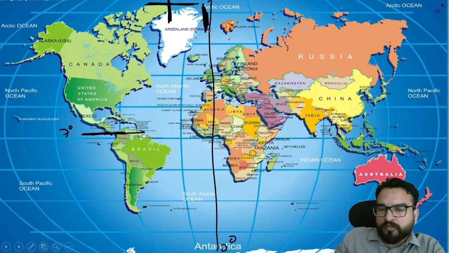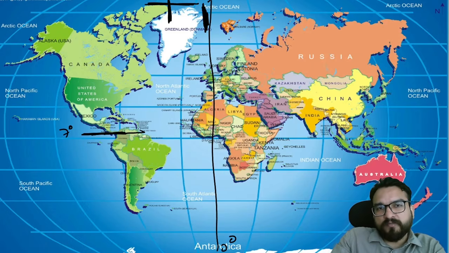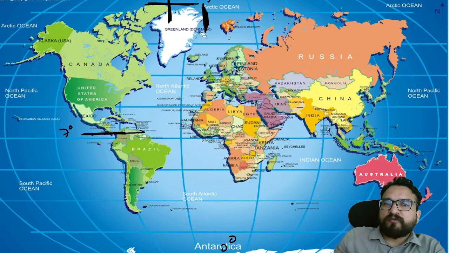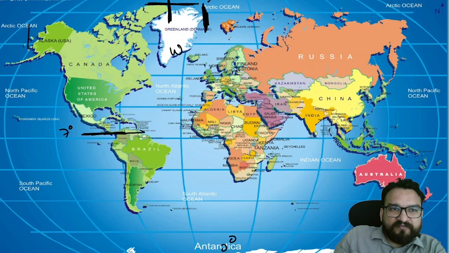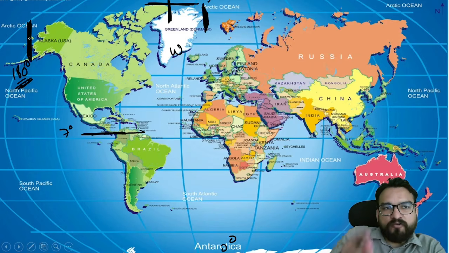Again, you don't have to learn, you just have to see through this from a broader understanding. So sometimes over here they give it as 12 degrees, and sometimes over here they give it as 20 degrees. So roughly you have to take a guess that, okay, it is basically in the Western hemisphere only. I'll be telling you about that too. And if you see Alaska, it will be touching around 180 degrees, because I'll be showing you that this is the end of a particular longitude.